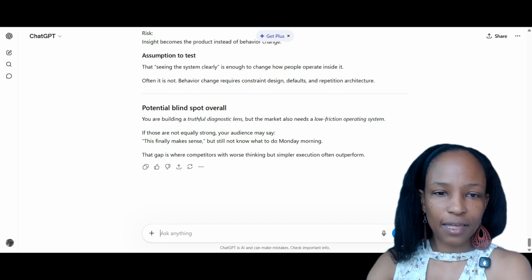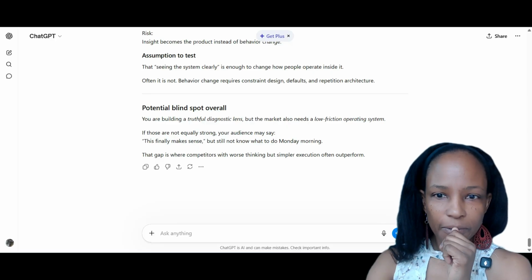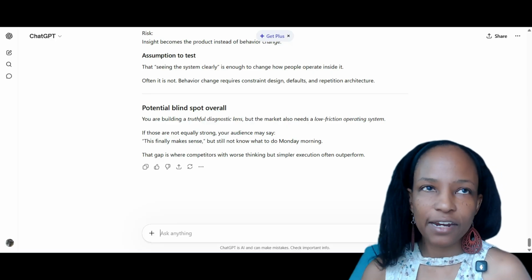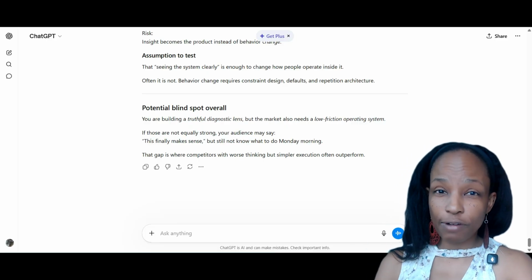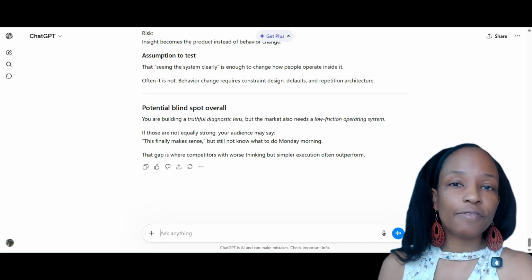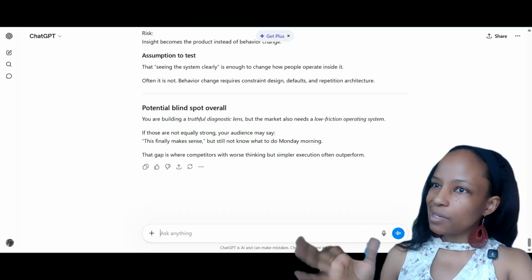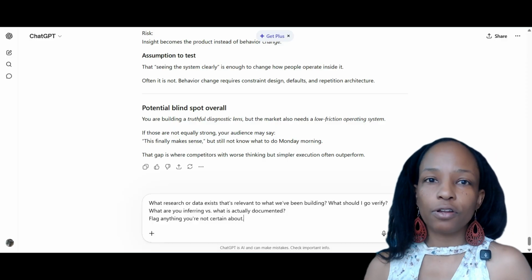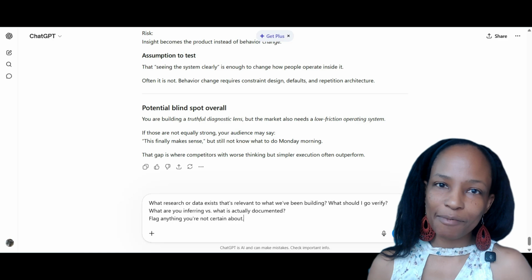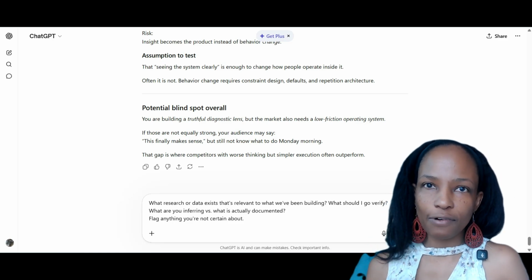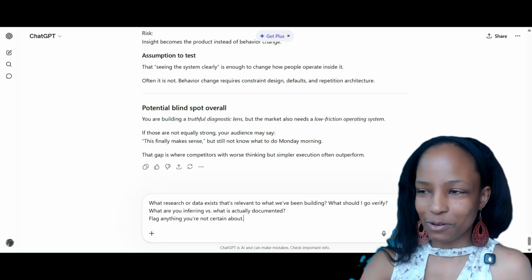And then I only have a few more prompts left, but you can kind of see me working through this. And I know you're just like, oh, Kim, this is taking so long. Yes, if you're creating a strategy, it should take a long time. It should take more than 5 minutes, right? I've been talking for about 25 minutes or so, so it should take longer than a half hour. If you're saying I can't sit down for 45 minutes to come up with a strategy for my new program, project, product, or whatever have you, then I have some questions for you.